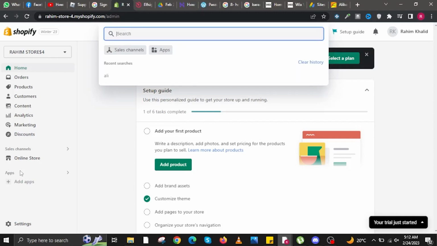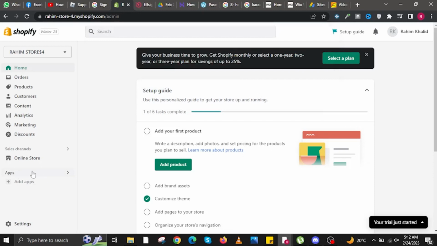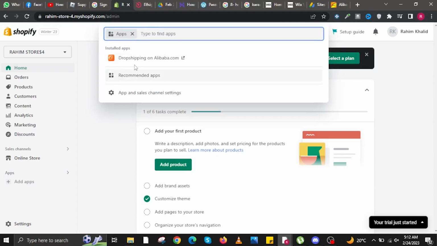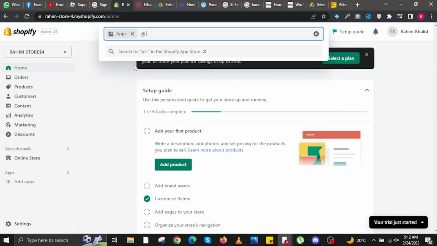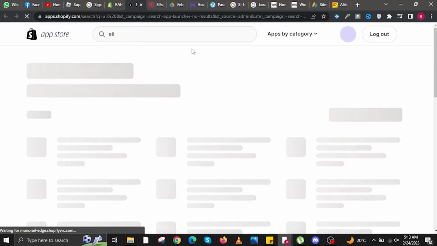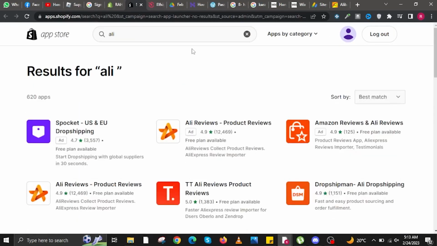Once you are here, this time you're going to click on Apps on the left side of the screen. Once you click on it, you will now be redirected to the search bar with Apps as the header. And then you are going to search for Ali. Now, click on the first option that appears so that you will be redirected to another internet browser or another